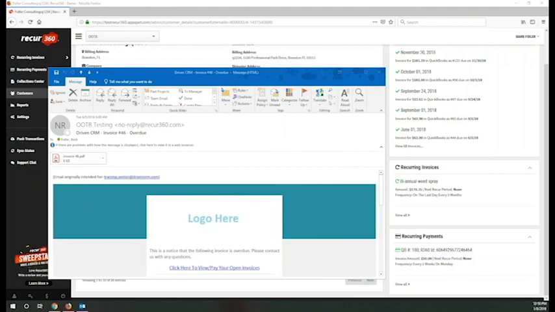So it comes from my OOTB testing customer. It has your logo in it, and it's able to be personalized. I see the detail of the invoice items that were included, the total of that invoice amount, and then the Pay Online link. And if the customer clicks that Pay Online link, that's what tracks into that email history there for you. When they click it, they're taken to a web page that is specific to them. So they can only see invoices that are unpaid on their own account.